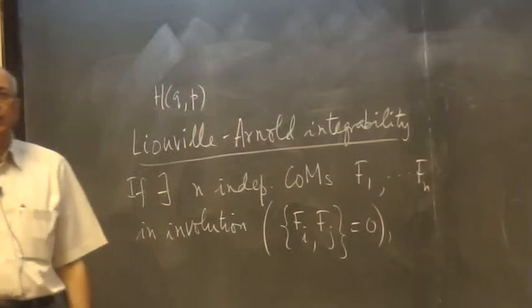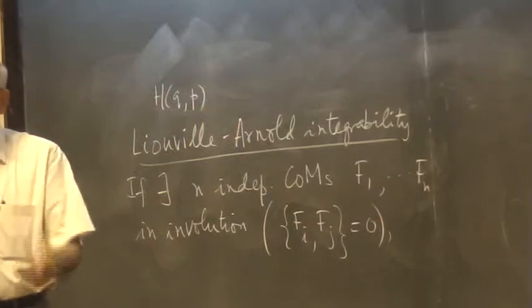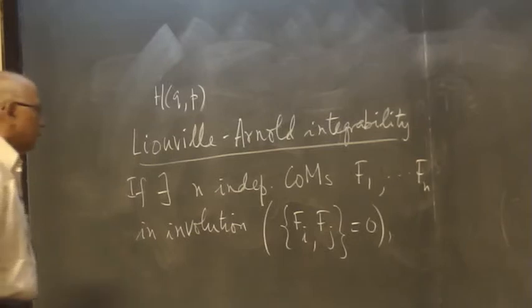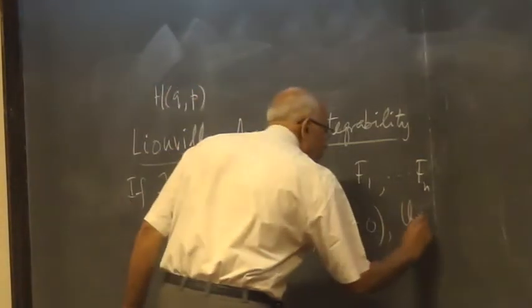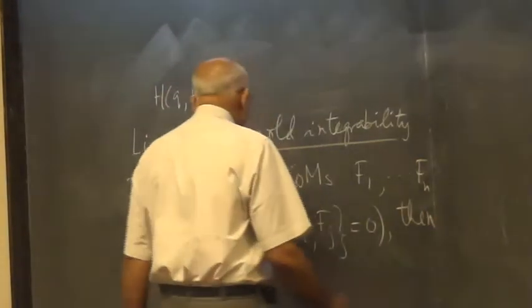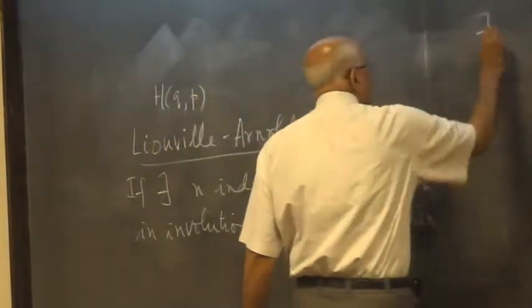And they must be independent of each other. That is, you can't write any one of them as a function of the others, etc. Then you are guaranteed there exists